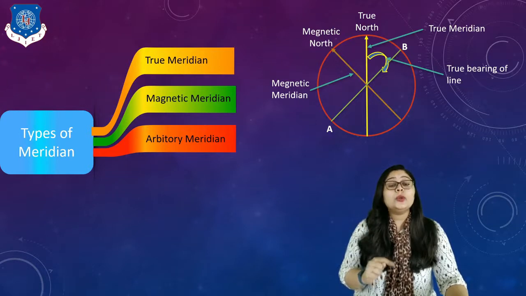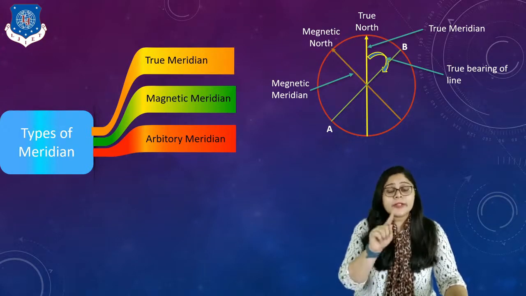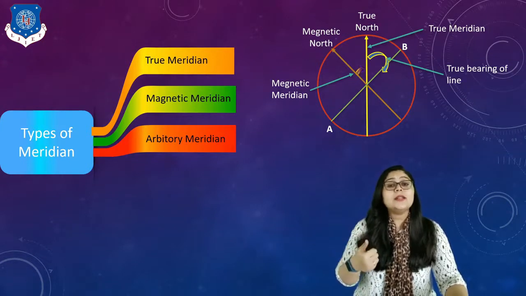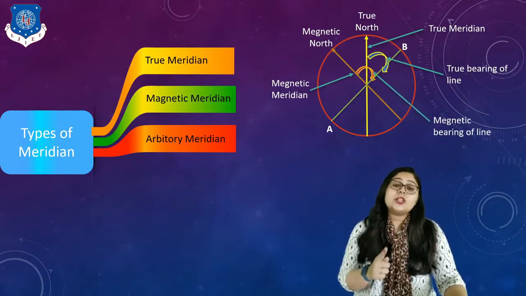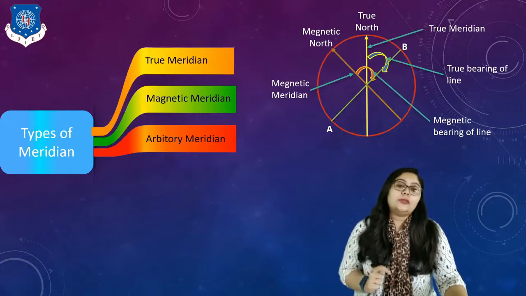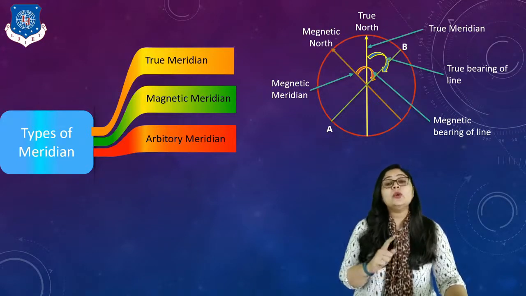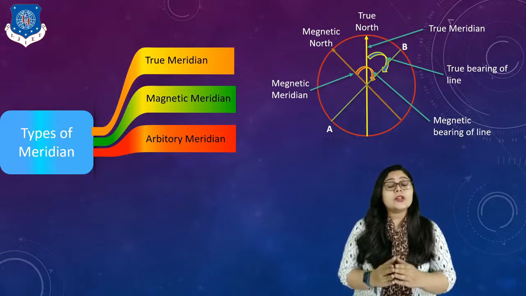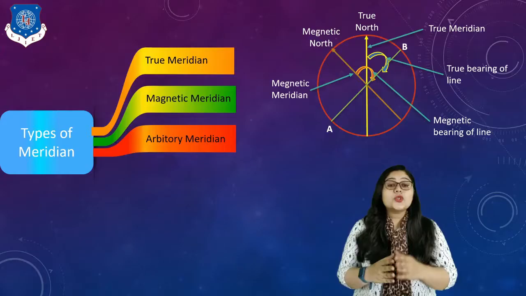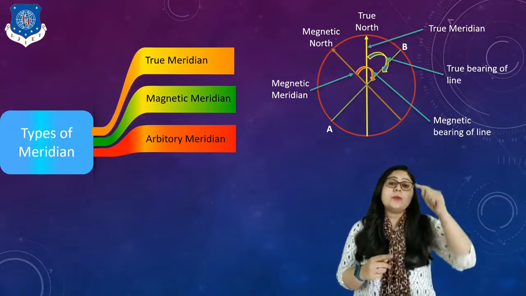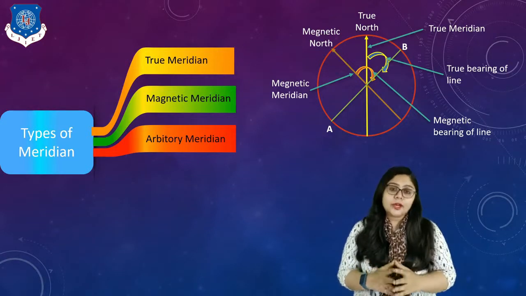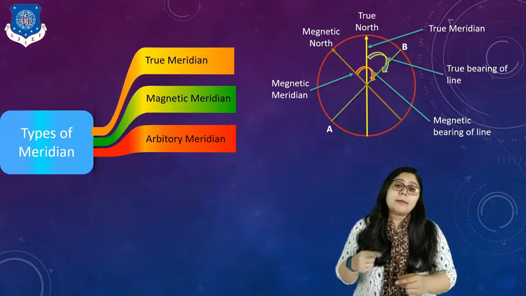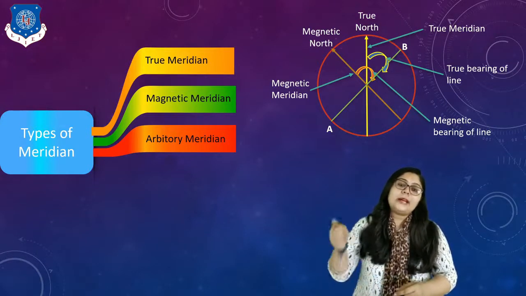Now, if I want to calculate the angle, it means the bearing of a line with reference to the magnetic meridian, it is something like this. And that is known as the magnetic bearing of the line. Here you have to keep in mind that the true meridian, also known as the azimuth, is the line which passes through the north and south pole of the earth. And the magnetic meridian is the line passing through the magnetic field of that particular